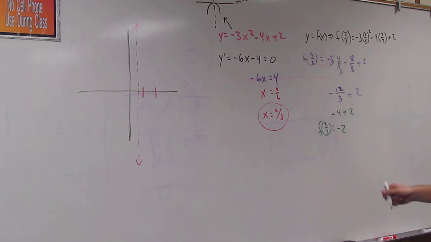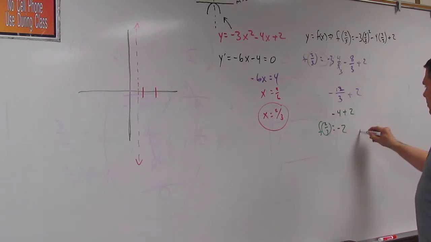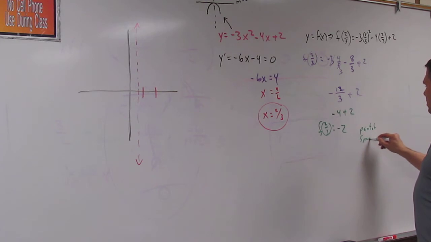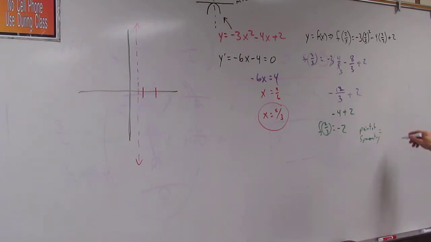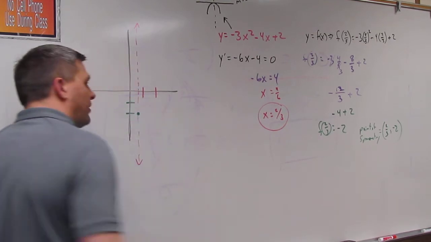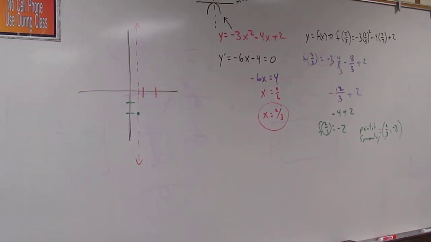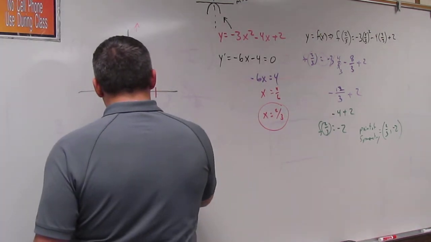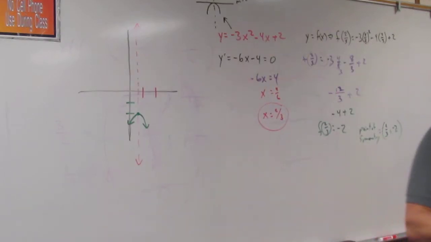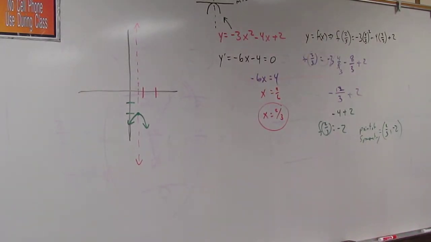So, at the point x is 2/3, the point of symmetry is equal to 2/3 negative 2. So at negative 2, 1, 2, we have our point. And now we have this equation,